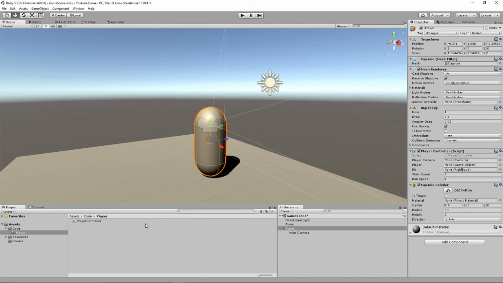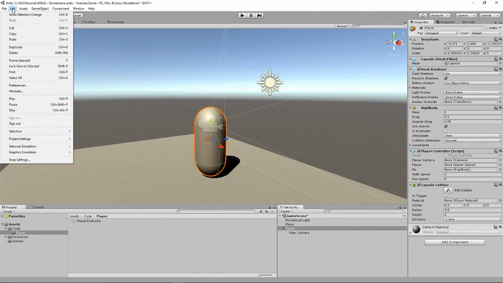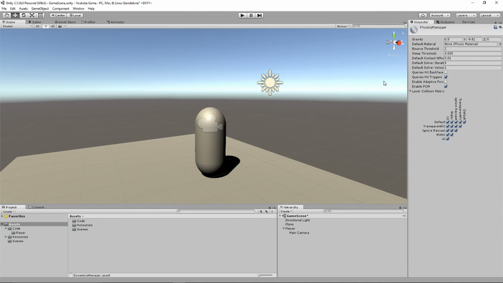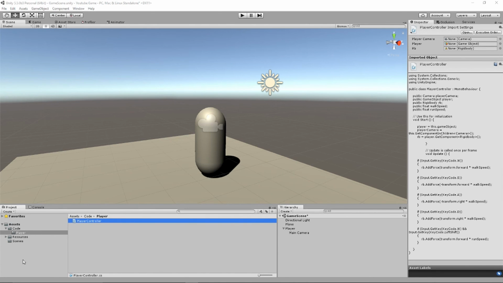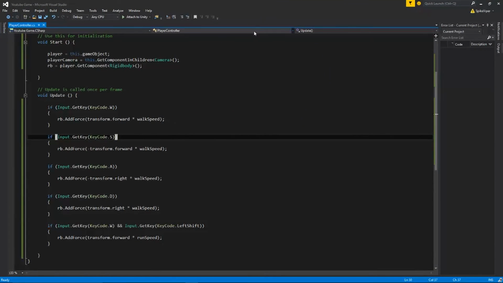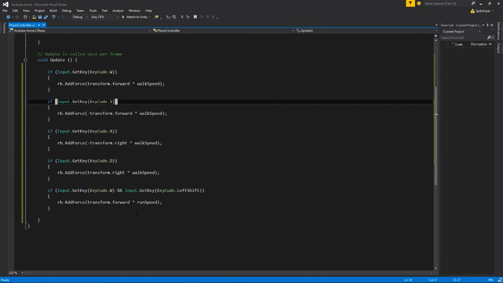So now we're going to get our capsule. We're going to press Edit, Project Settings, Physics. And right here, this Y negative 9.81, we're going to set that to 0. There is now no gravity in the game. We're going to go into our code, grab our player controller, pull it over, and we're just going to add 2 more lines,